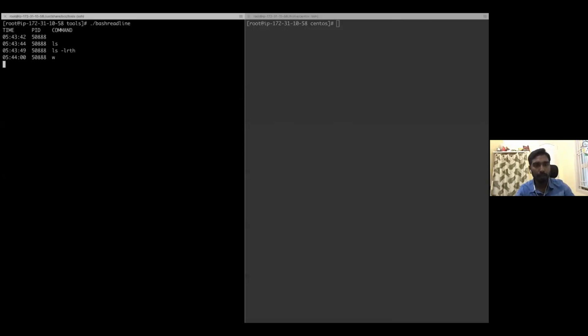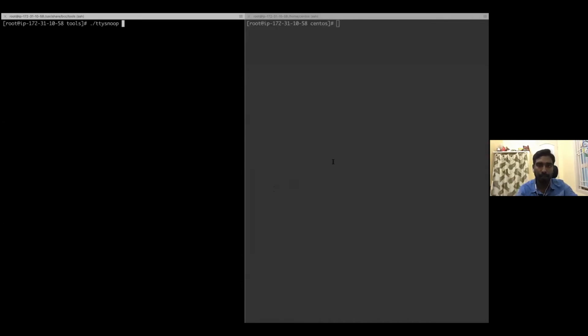To close any tool while it is running, you can just hit Control C. You just close the tool and you can come out. And I'm going to explain another tool. Next will be TTY Snoop. As the name suggests, you might have guessed it, it is used to snoop into their shell.